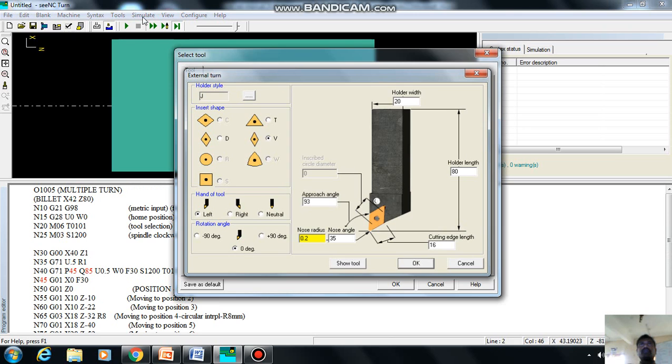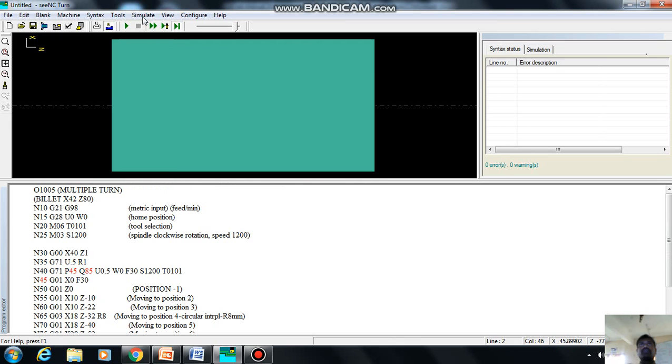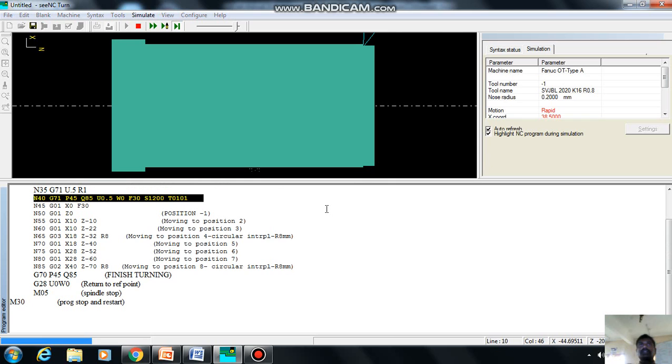So for simulate, you can use stop simulation. By selecting this end of the machining, we can start the simulation. So you can see how the tool is moving over here for making this. Line by line, we can see how the tool is moving according to this multiple turning process. So this is the final image, what we get.